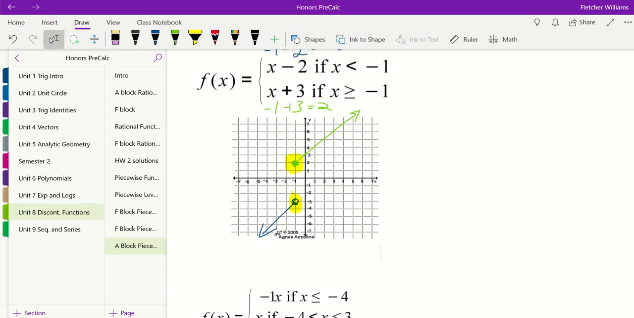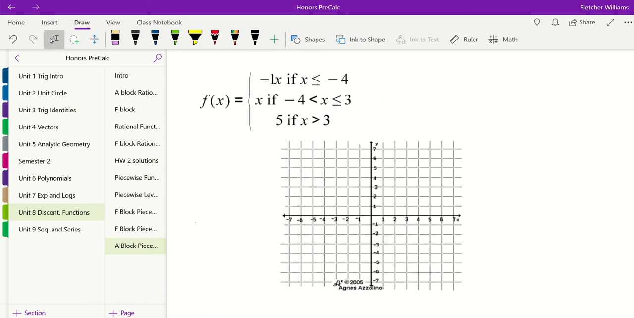Okay, so we have that. Now let's look at 3 pieces. We have -1x if x is less than or equal to -4, x if it's between -4 and 3, and then 5 if it's greater than 3. So, start me off. First thing I can do,